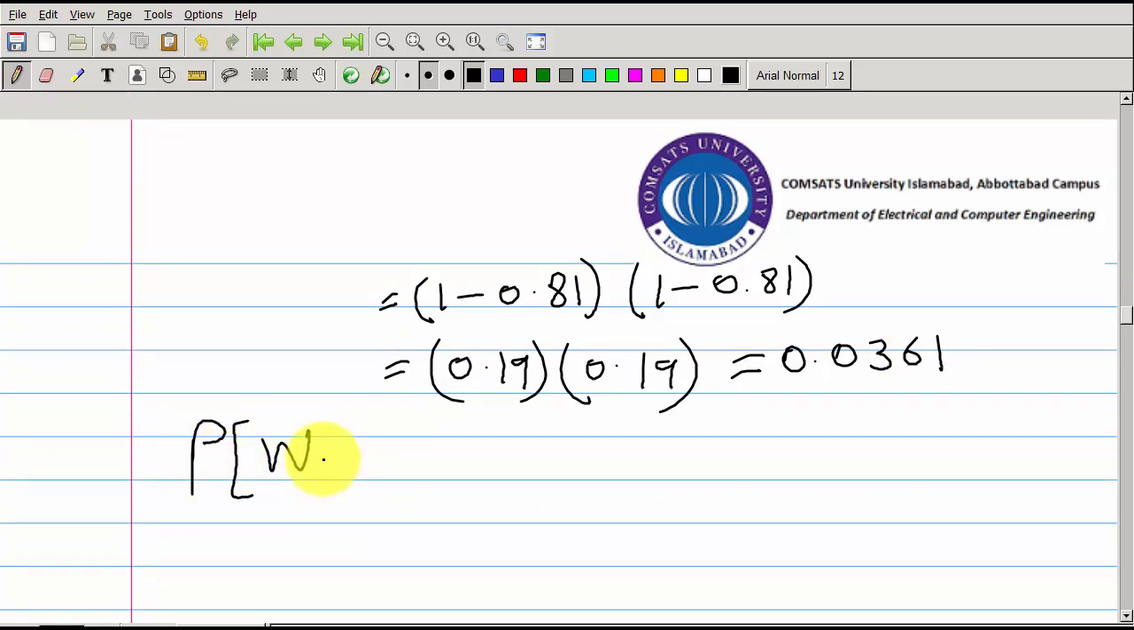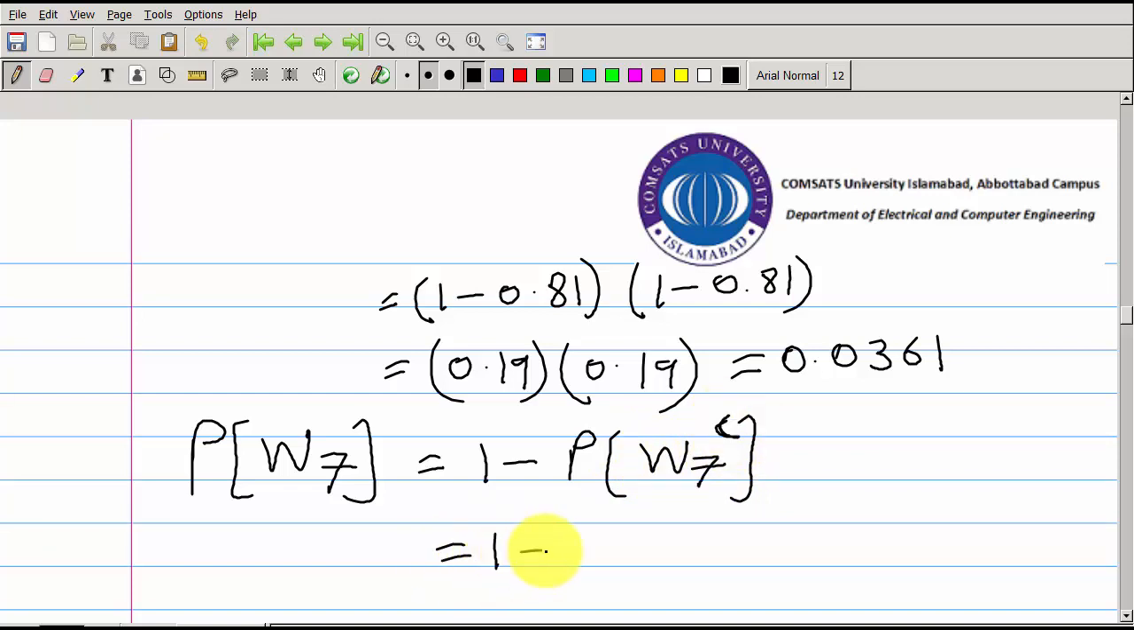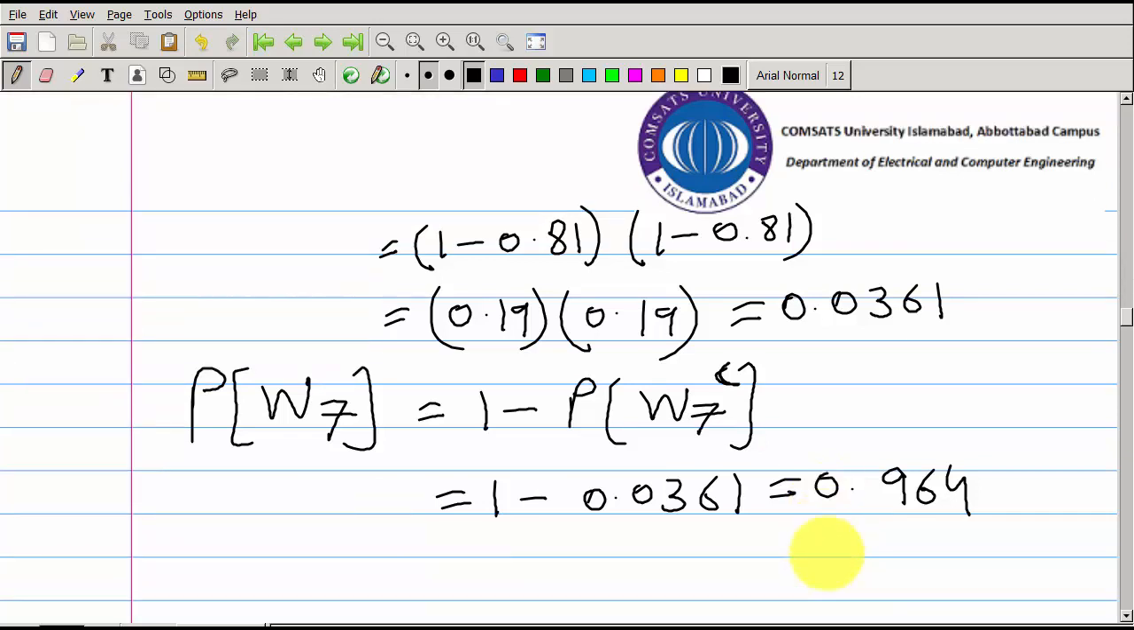Now we have to find the probability of success. So that is the probability of W7, which is 1 minus P(W7 complement). So it is 1 minus 0.0361. So it comes out to be 0.964. So the success of this system is 96% with all these redundant components in parallel, because we need redundancy